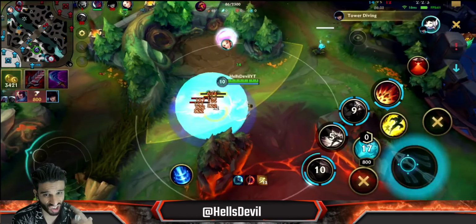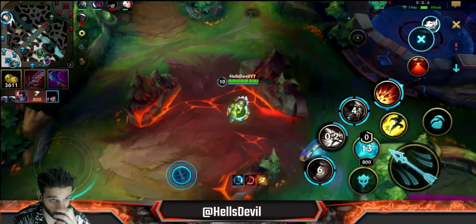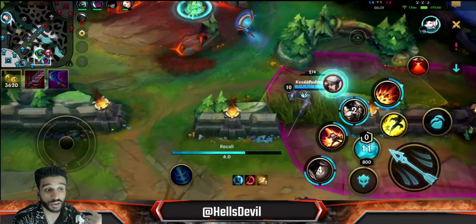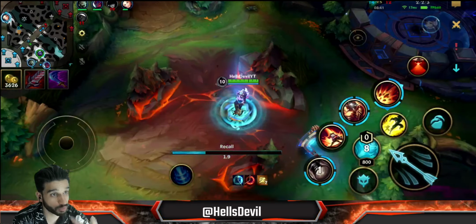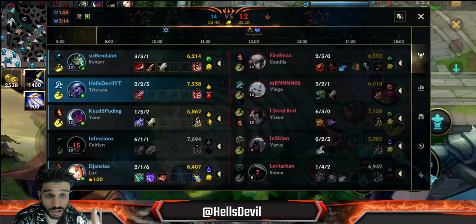Instead, I just steal away his jungle, take away my own jungle. And you can see I'm sitting at nearly 4,000 gold. All of that came starting from the Herald, moving into their jungle, going back into my own jungle. That's how I got all of this gold. As you can see now, I'm getting close to the...